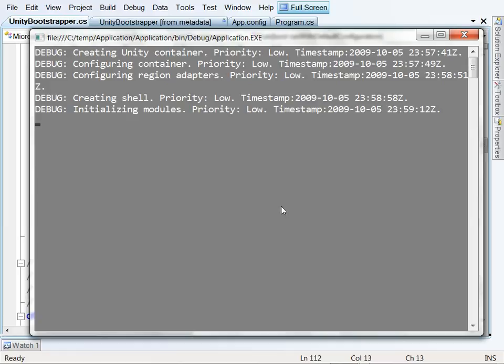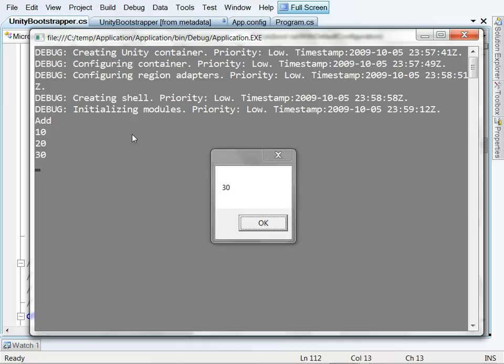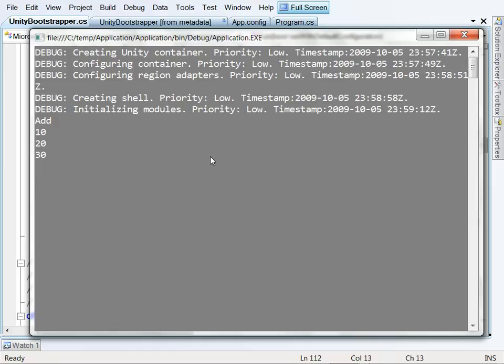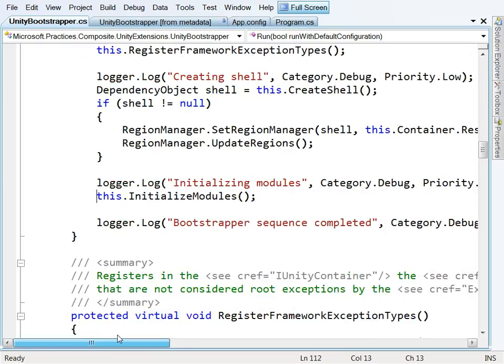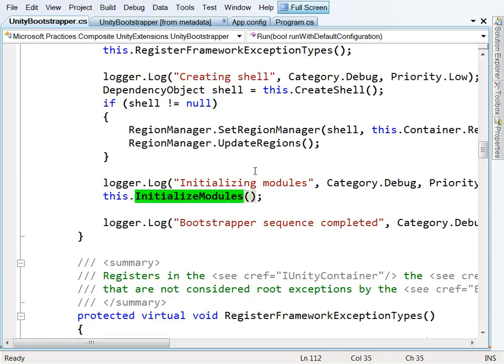And if you remember, one of my modules actually comes along and at initialization time actually starts to run and doesn't return, so that's perhaps not great, but we are now at the point, you can see the logging stuff has come through, we are at the point where my code is now running and everything's working the way it was before. I don't think we should have really done that in initialization because we've kind of broken the bootstrapper,